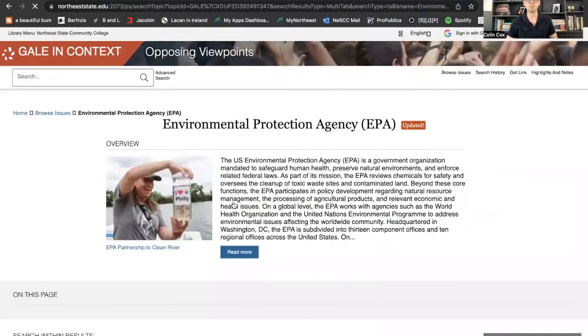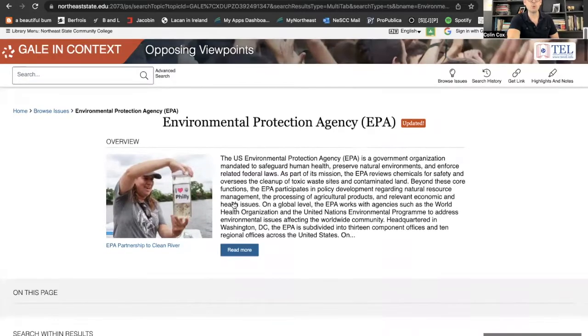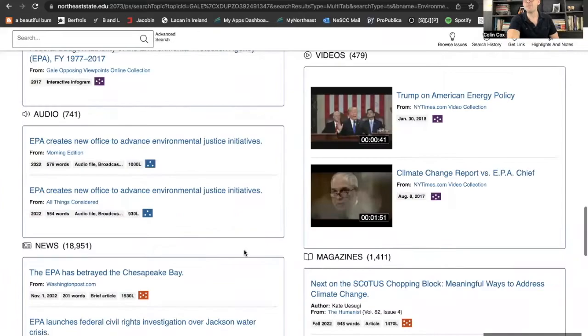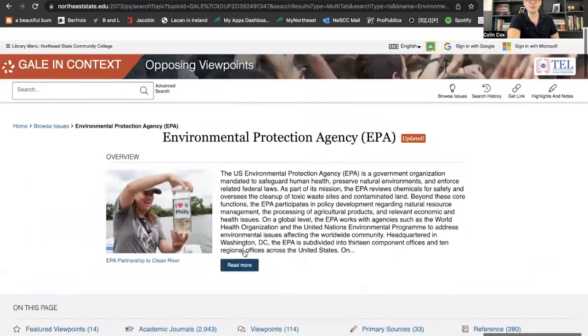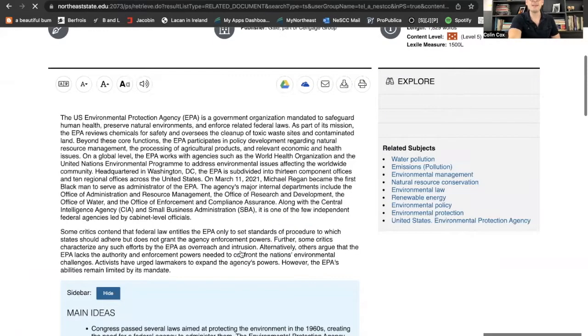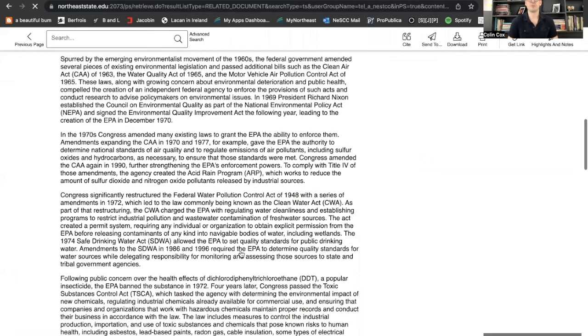The Environmental Protection Agency. And what's really great about all of these pages, and some have more information than others, but you'll find, for example, just a primer or a general summary about whatever topic you select.